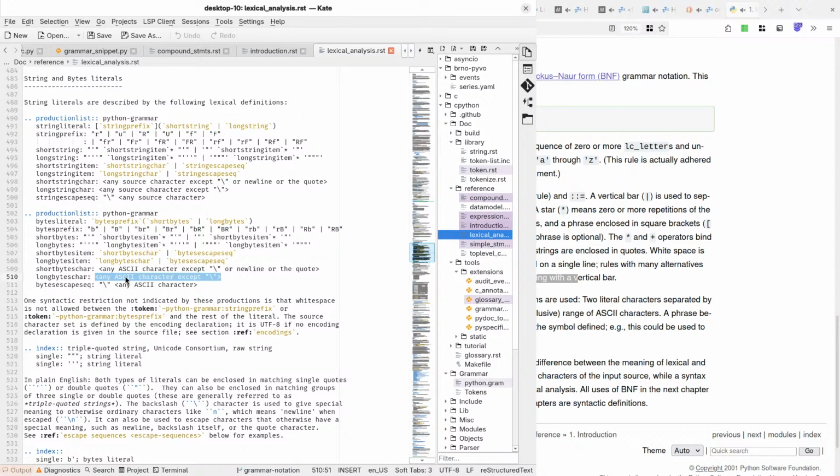Of course, it's not any ASCII character because you can have no characters, but how about any source character, long string character, where it says any source character except slash? So source characters for strings and ASCII characters for bytes. That one is good. Oh, I see what you're saying. Source you can have emoji and Japanese kanji or whatever. But even here you can have null bytes. Anyway, we're not looking at this right now.